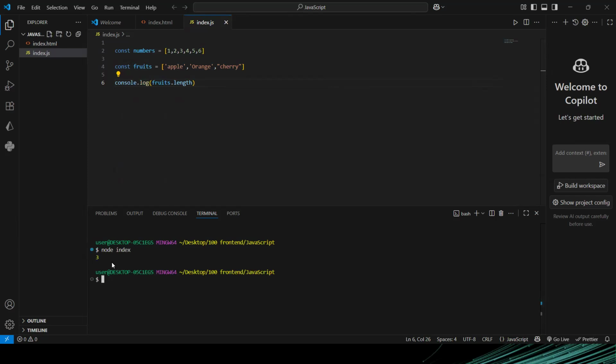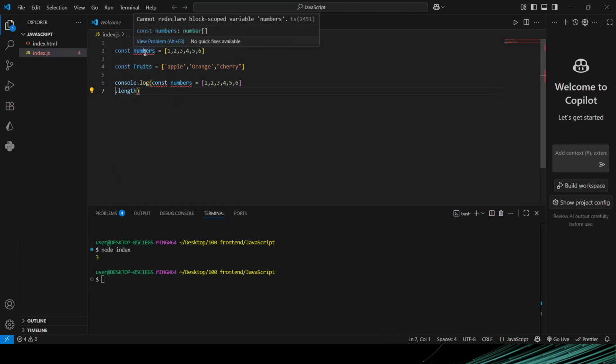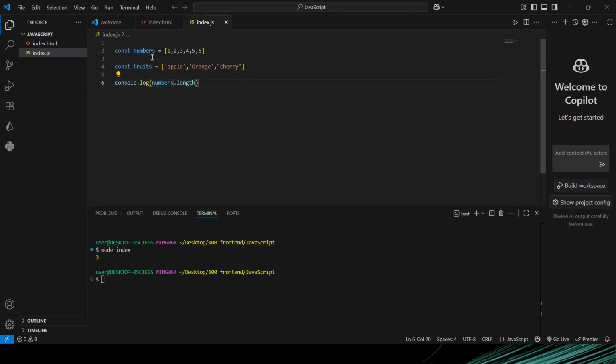You can say I got 3. But if I say, let me go for the numbers, I want to check the length of the numbers. Okay, so this array, if I want to check the length of this numbers array, I'm going to get 6 as expected. So if I want to get the first item,